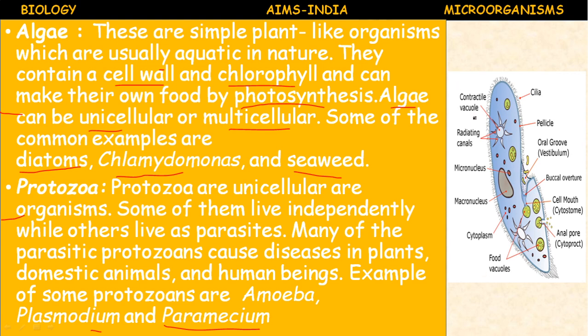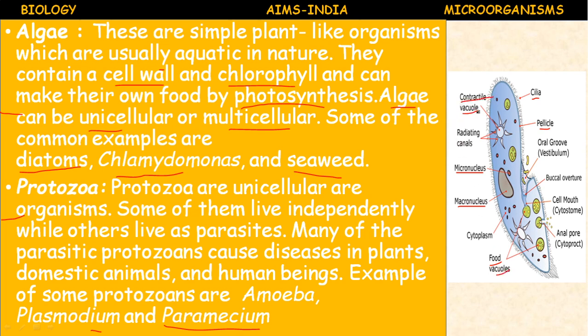So here the paramecium, the slipper animalcule, is a unicellular organism whose shape is like a slipper. It moves with the help of cilia. It possesses a plasma membrane. It is eukaryotic. It is dikaryotic because two nuclei are present. One is a large nucleus called the macronucleus, and the small nucleus is called the micronucleus. It possesses contractile vacuoles. Two types of vacuoles are present, food vacuole and contractile vacuole.